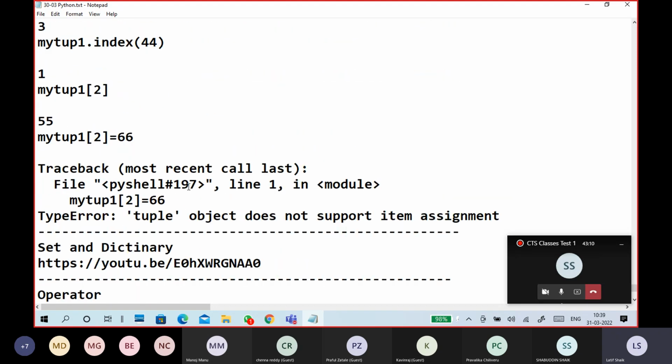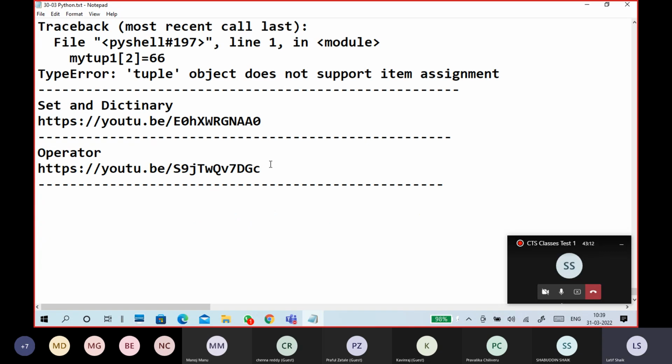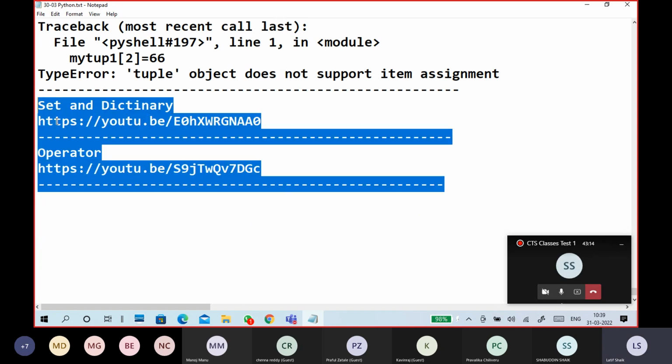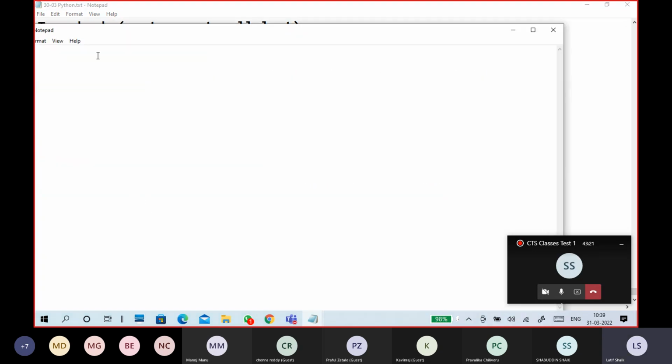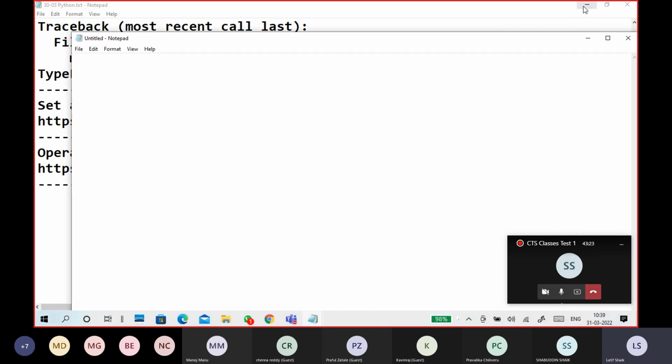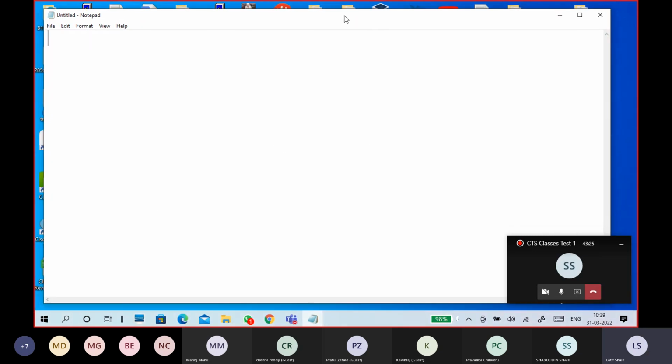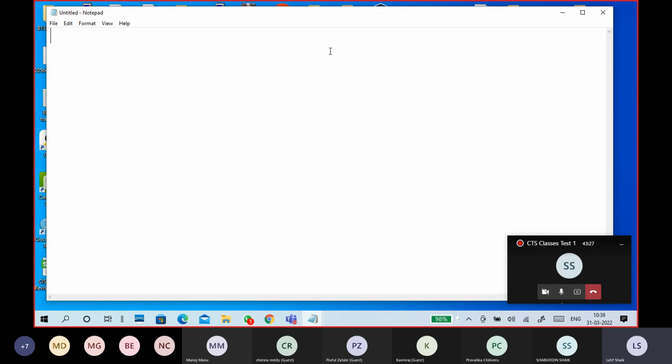We can use it. That's it. And yesterday I already shared how to use set and dictionary also. If you already tried, then it is good. If you didn't try, it's okay, no problem. But compulsorily try the data types. It won't take much time.